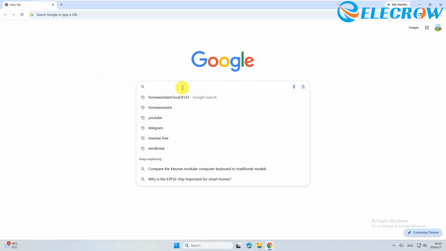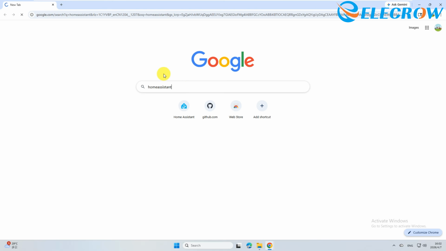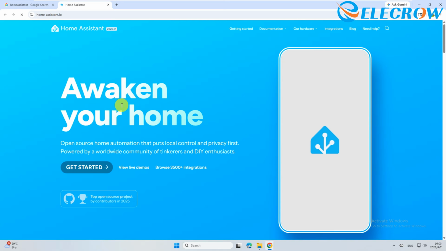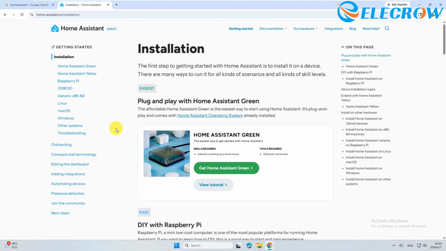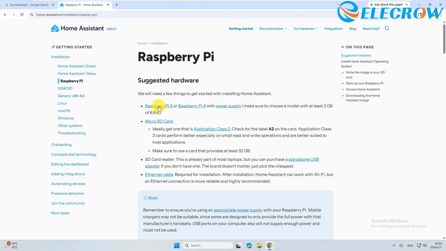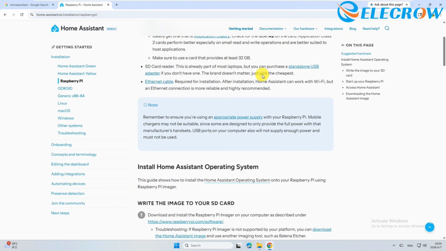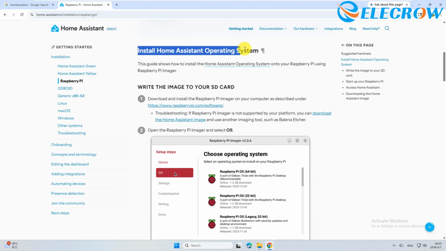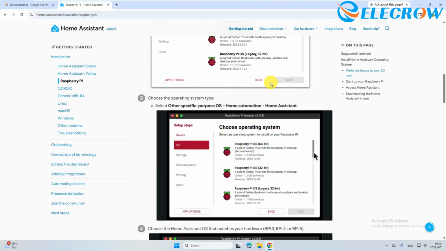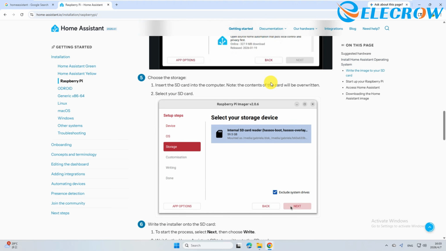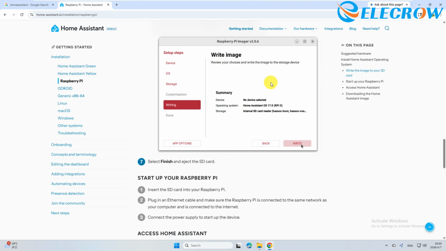First, open your browser and search for Home Assistant. Once you reach its homepage, click on Get Started, then go to the left-hand side where it says Raspberry Pi. On this page, the official has already provided us with detailed installation steps. Everyone should follow the official instructions here, select the latest version, and proceed step by step to complete the first